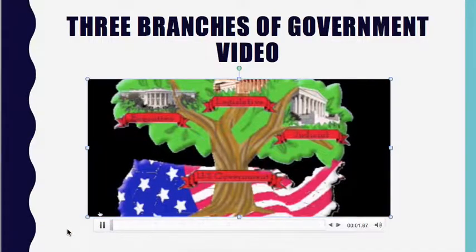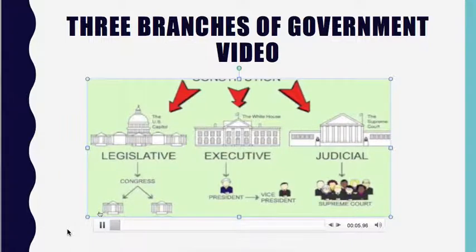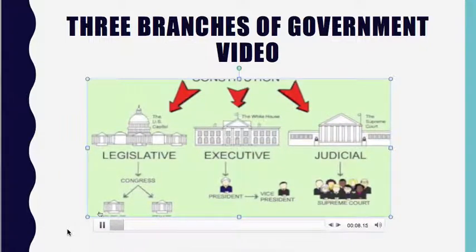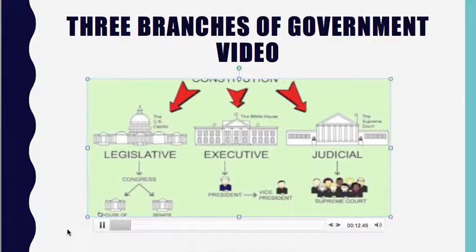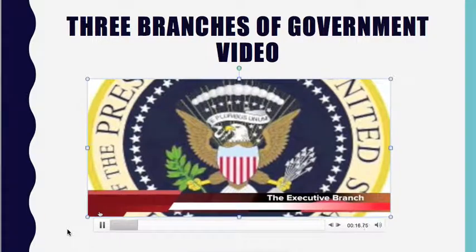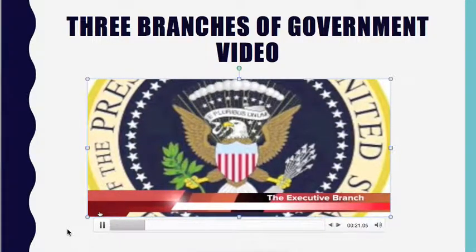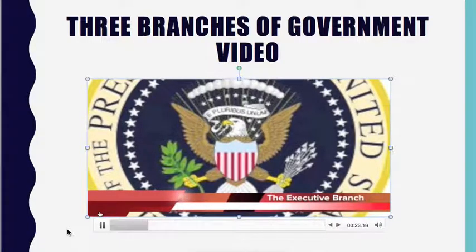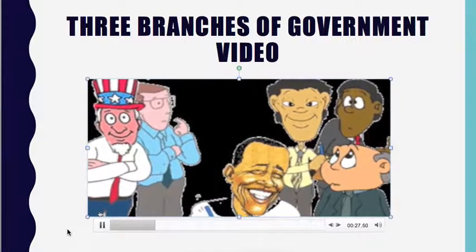For government to work, cooperation among the three branches is necessary. There is currently a system in place to ensure that one branch does not become too powerful. We call this system checks and balances. The first branch we are going to talk about is the executive branch. The executive branch is made up of the president and his cabinet. The president is the head of state and the leader of our country. A president is elected by the